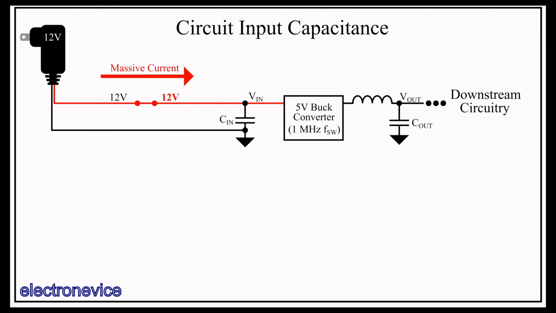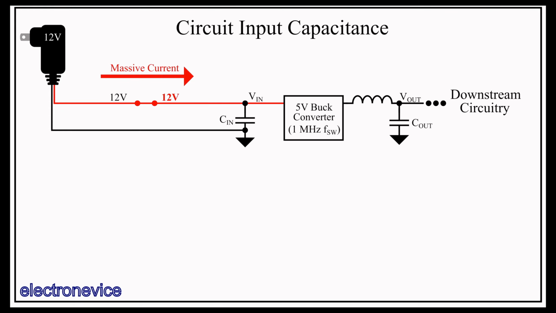This will cause a massive surge of current into the input capacitor, because the cable resistance is very low, and so the RC time constant will likewise be pretty low, and so many amps of current will be drawn. This AC adapter may only be rated to output something like 2 amps, and trying to draw 30 amps from it, even for a short period of time, could damage it or cause it to go into a current limit